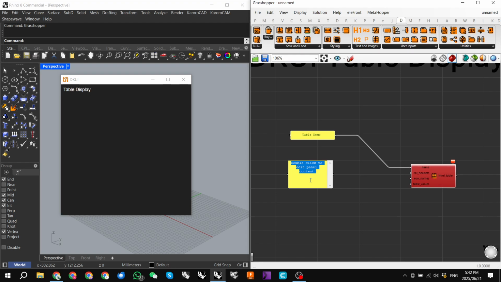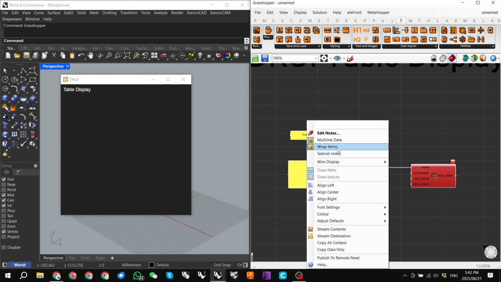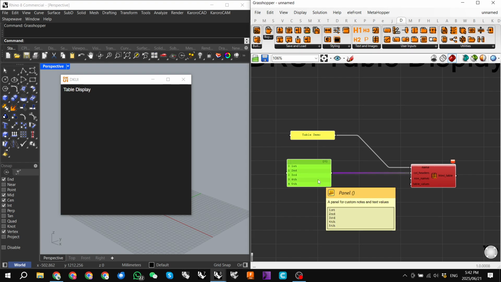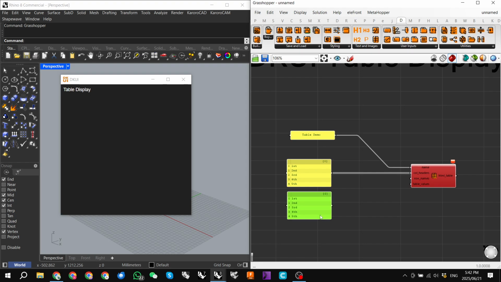We'll go first, second, third, fourth, fifth, and I need to turn that into multi-line data. And for my row names, I'm going to go number, name, Roman. We'll plug those into our rows,